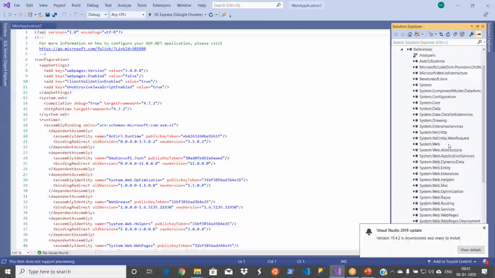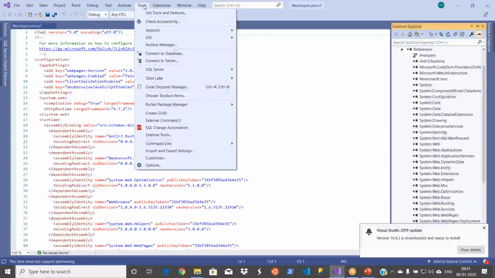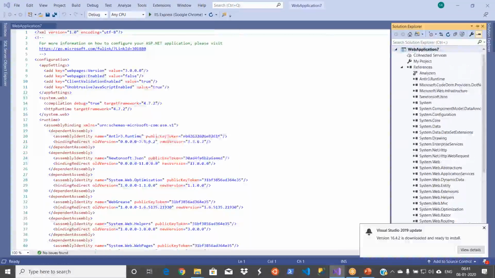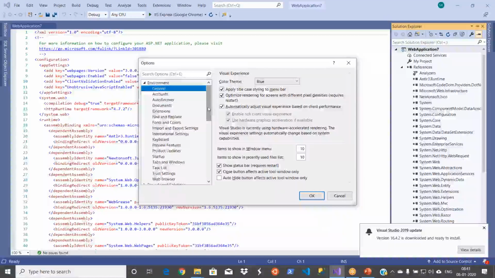Basically, your Visual Studio is configured for NuGet. If you want to see how it is, go to Tools. This is the easiest way. Go to Options, and you have the Environment here. Let's go to your